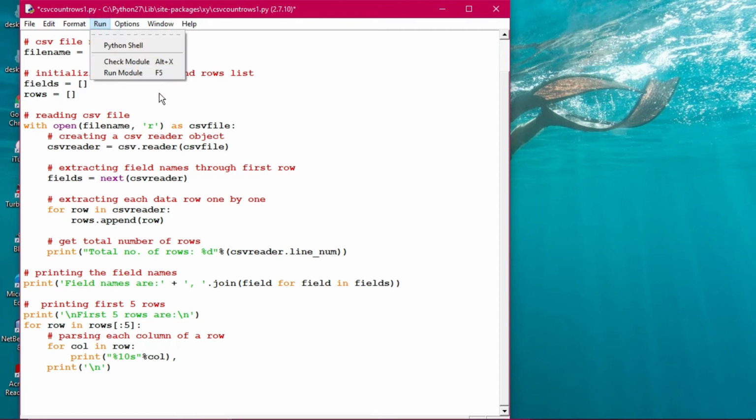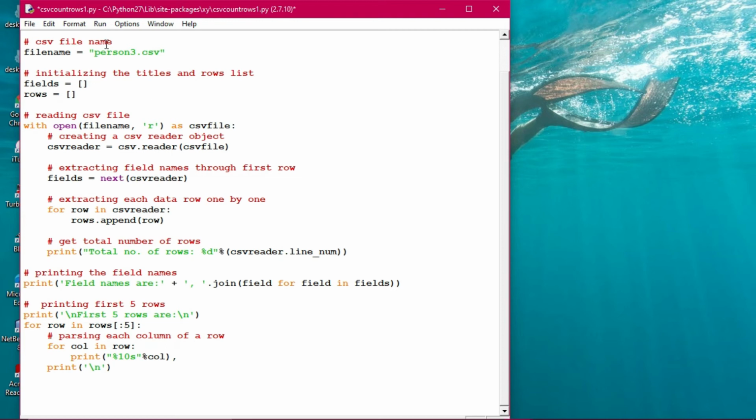The name is person3.csv. Here also, with open file name as csv file, csv reader. Here we have not used dict reader, we have used simply reader. When you are printing, rows are being appended one by one, meaning adding. Afterwards it finds out how many rows are present, and the field names are also printed, as we have seen in the last program. It is also printing the first five rows of the program.